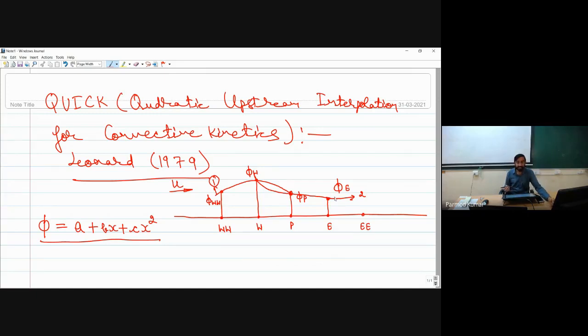Now if you see our 1D convection diffusion equation, and we integrate it to find the discretized form, it will be Fe times phi E minus Fw times phi w, equal to gamma times, on the right hand side, gamma E times d phi by dx at face E minus gamma W times d phi by dx at face W. Now I have to approximate the values of phi E, phi W, d phi by dx at E and d phi by dx at W, and while approximating these values, I have to consider a quadratic fit between our grid points. So till this point, it is clear what I have conveyed.